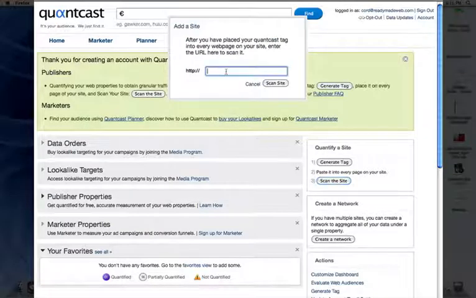So I'm back at Quantcast. I've got the code running on my site. I'm going to hit readymadeweb.com. Scan my site. It's taking a look at a few pages here. It's going to see that that code has now been put into the footer of the site, and it should come back successfully installed. Well, this may take a moment or two, but